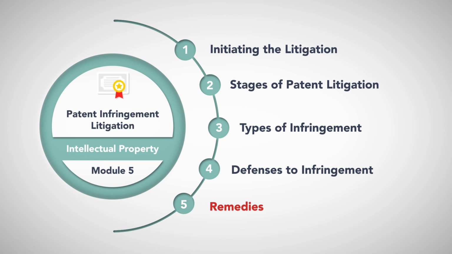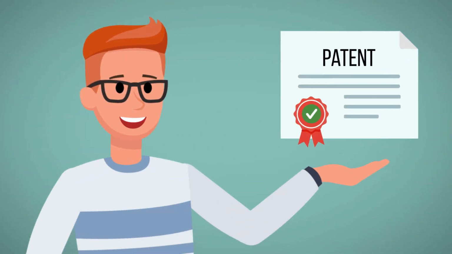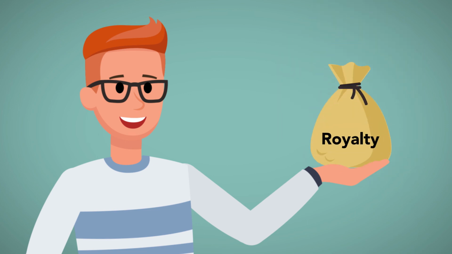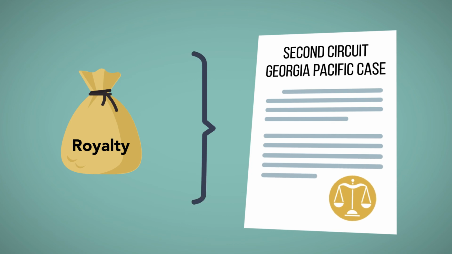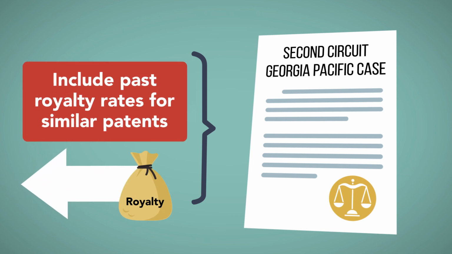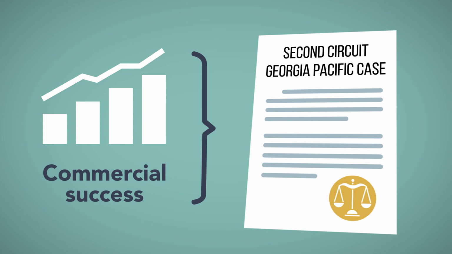Remedies. A patentee who prevails on a claim for patent infringement is entitled to damages of at least a reasonable royalty. Damages experts propose royalty rates based on the factors set forth in the Second Circuit Georgia-Pacific case, which include past royalty rates for similar patents, the nature and scope of the license, the commercial success of the product, and other factors. The patent owner can